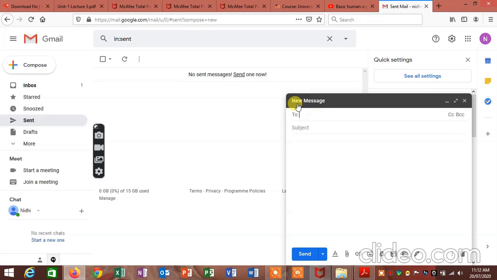So we are going to send this very first mail to Kanchan madam, and this is our test mail to check whether it reaches properly or not. So this is how I am typing the text. In corporate, this is the practice that you add your name and regards every time you send a mail. So I will say regards Nidhi. So every time she sees my mail, she is going to see this. But you know, I have to type it.